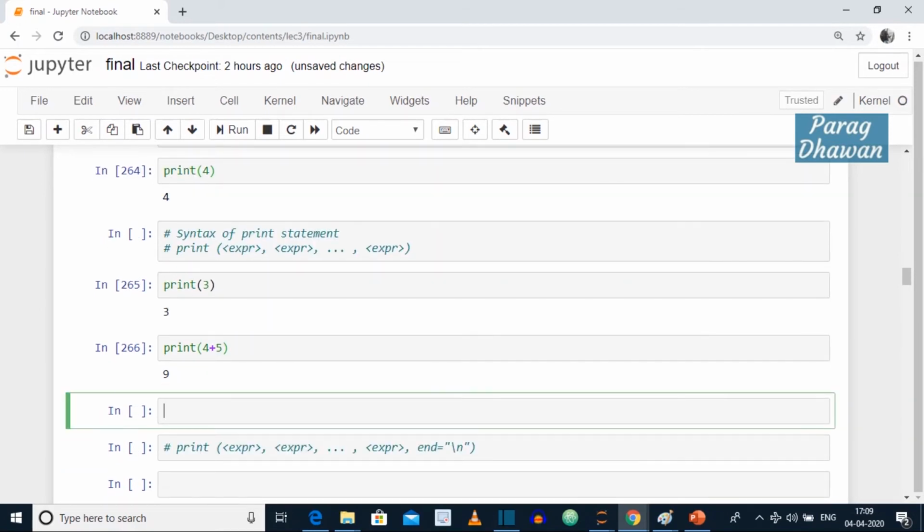Suppose we have multiple expressions inside our print statement. Print 6, 7, 8. Here three expressions are evaluated and they will be output by the print statement, that is 6, 7 and 8.